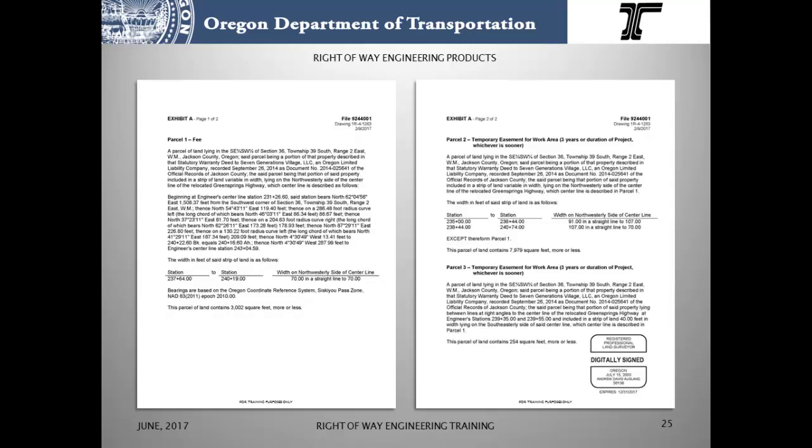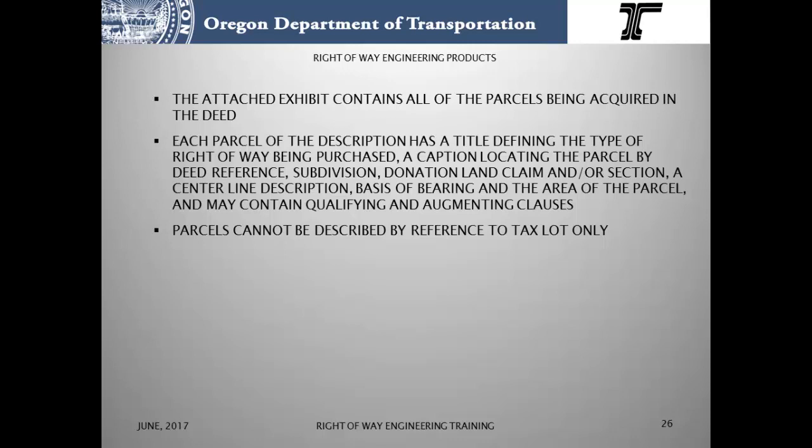So there's a typical description. Three parcels here, parcel 1 being fee, parcels 2 and 3 are temporary easements. The attached exhibit contains all the parcels being acquired. Each parcel of the description has a title defining the type of right-of-way being purchased, a caption locating the parcel